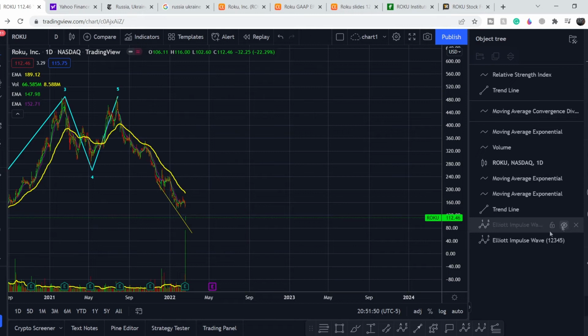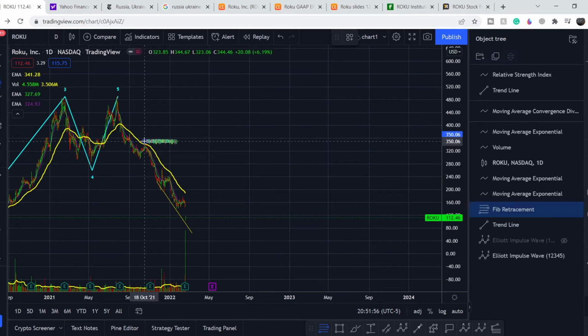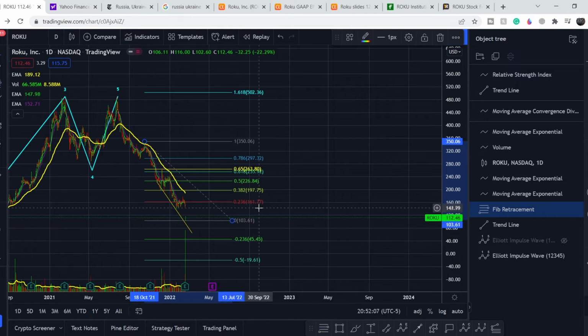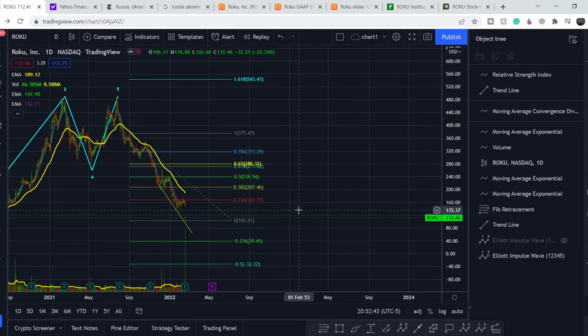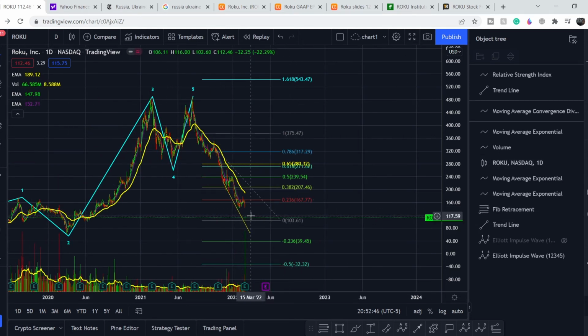And let me turn off this tool for now. And to project the bounce, the most conservative projection might be from this top, and it is not the case when I made it previously, but the most conservative one from this range. And if it is the case, we might have a bounce to at least the $161 price point. If we complete the entire internal third wave, and from this range we might have the top of our wave, we might hit the $167.77 price point, or in the best case scenario we might hit even $200, $207.46. So for those of you who are risk-tolerant enough, you can start to accumulate your position at current ranges,